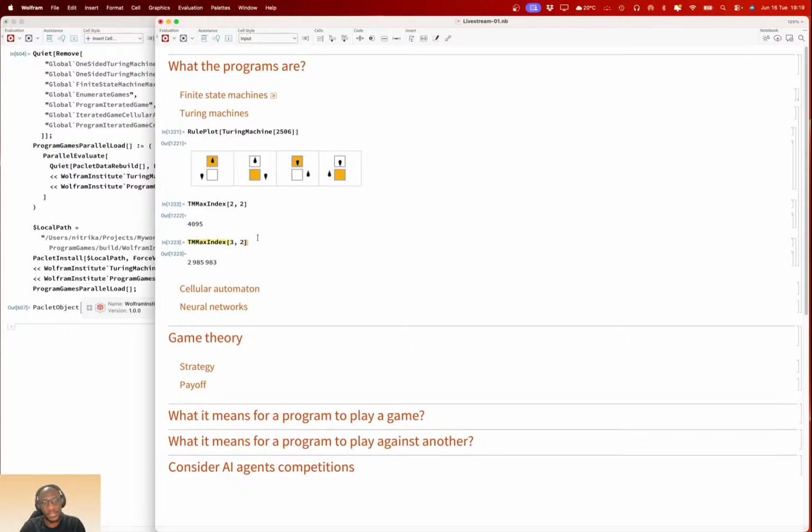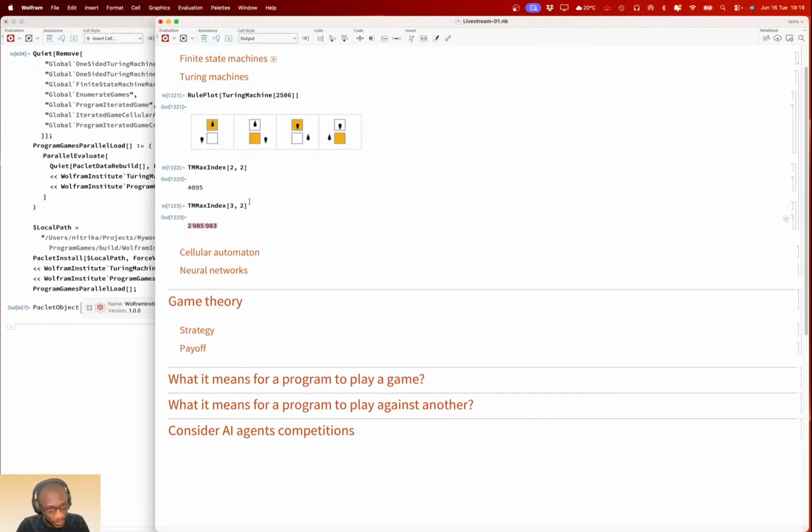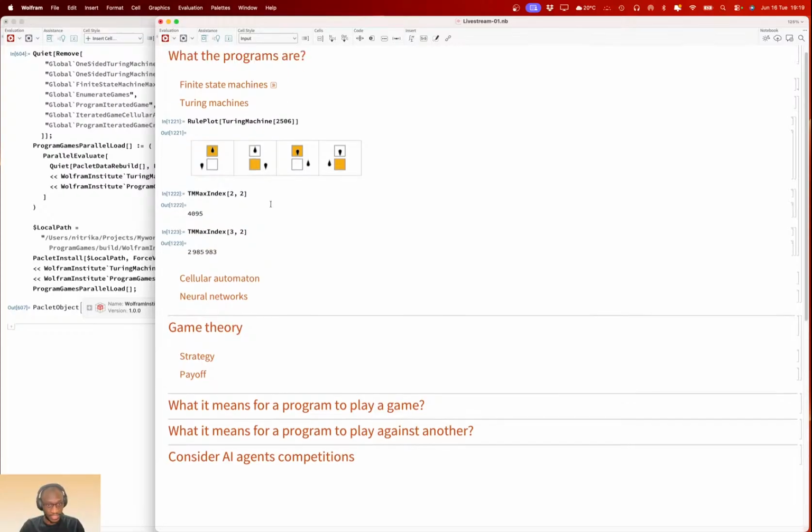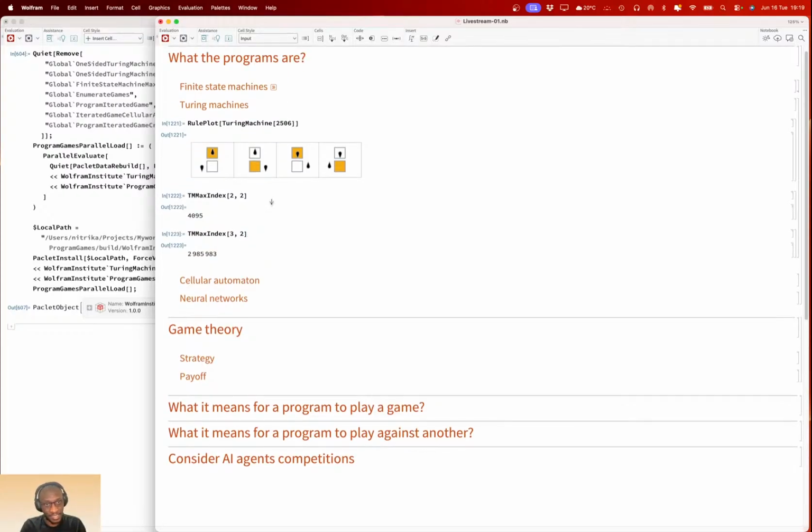We have 3 million Turing machines. We can't explore all of this. This is a large space of Turing machines, and you can't explore that number unless you use clever mechanisms to explore that space, right? So we cannot explore that many Turing machines, but this is just an example of a program we can use